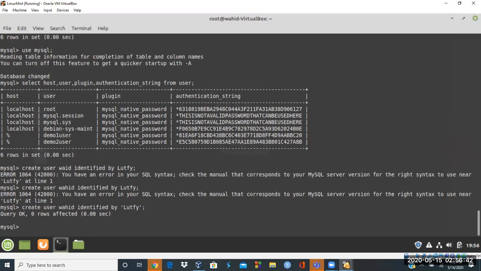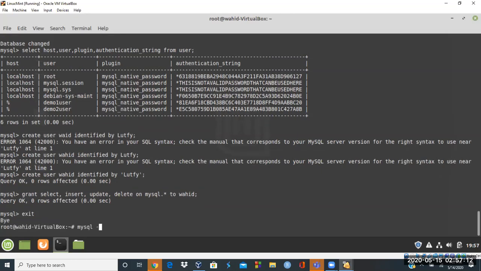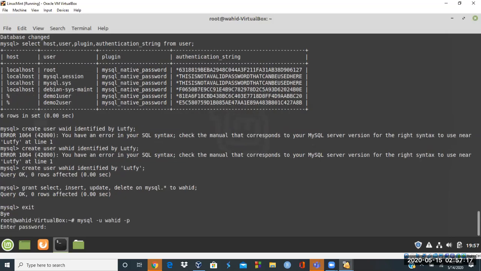So I could say grant select, insert, update, and delete on mysql.* to Wahid. I could do that and give it those privileges. Now that is there, if I just exit out of here and say mysql -u Wahid -p, and then type in the password of Lutfi,